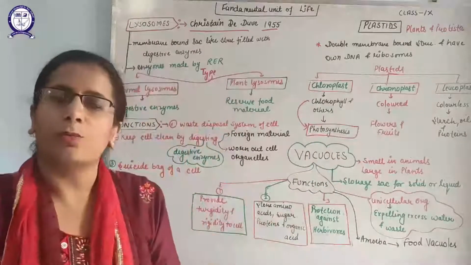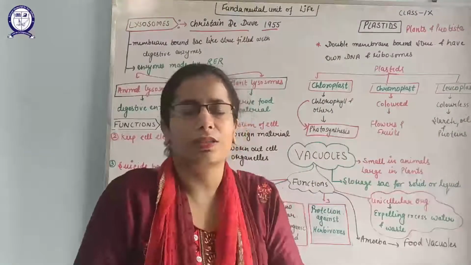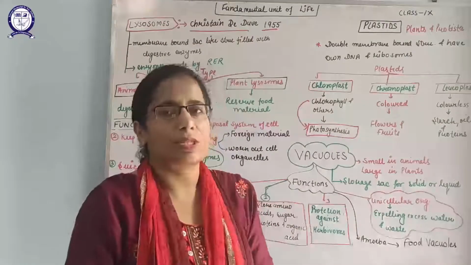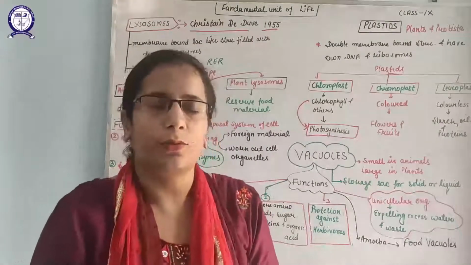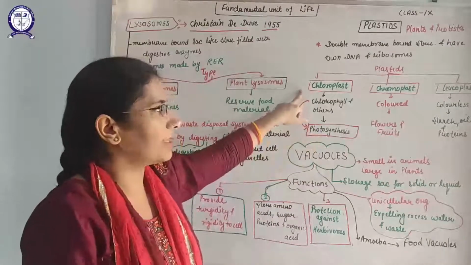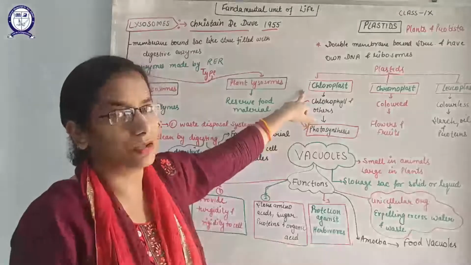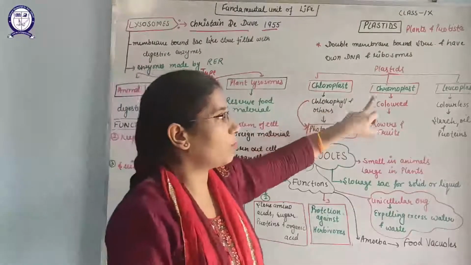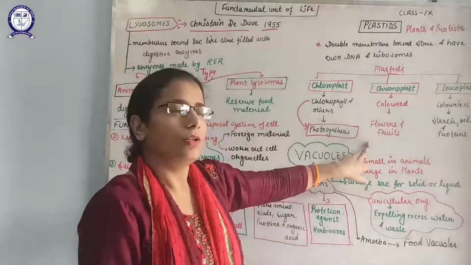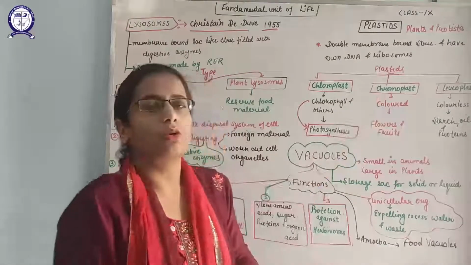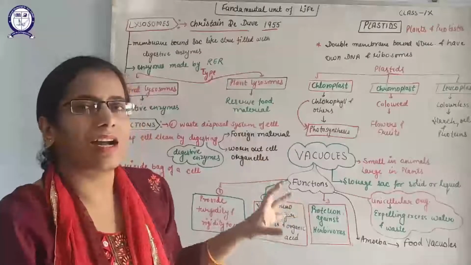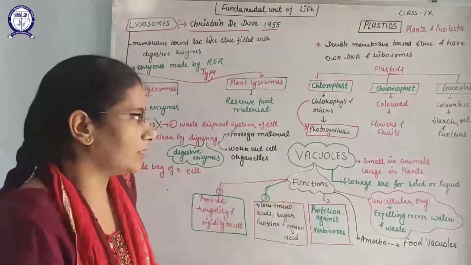Photosynthesis is the food making process of plants, by which plants convert light energy into chemical energy, and that chemical substance is utilized by the plants for their growth. So photosynthesis takes place inside the chloroplast, which is known as the kitchen of the cell. Next is the chromoplast, that is colored, and it provides color to flowers and fruits also. Third is the leucoplast, that is colorless, and it stores starch, oil and proteins.